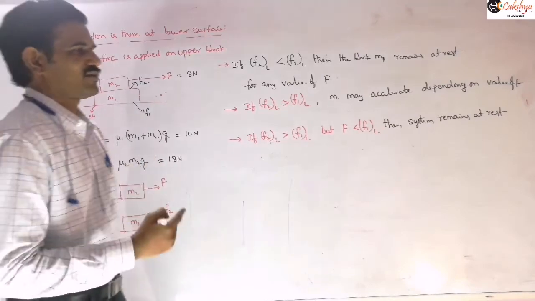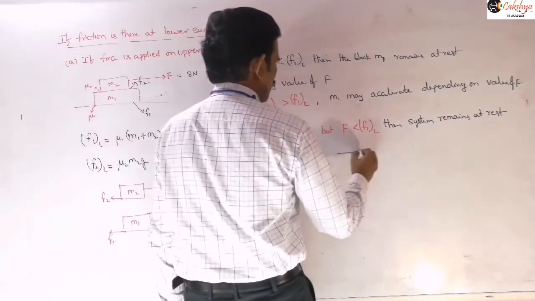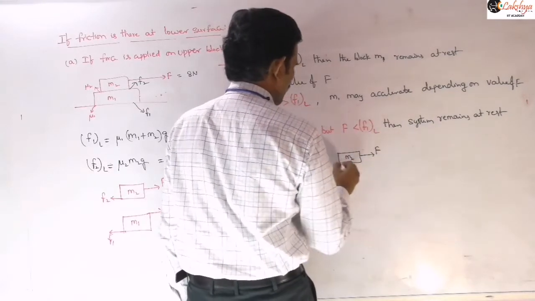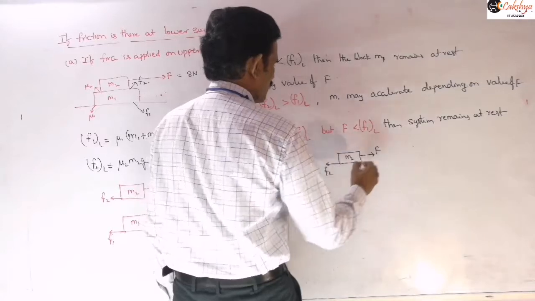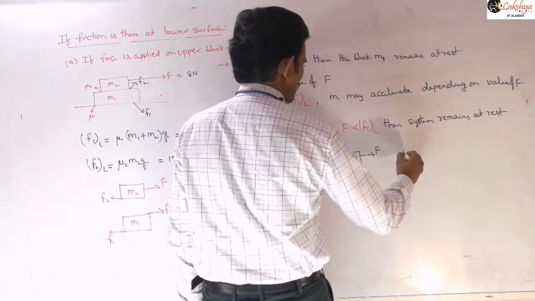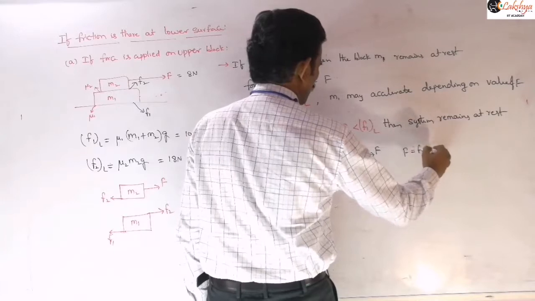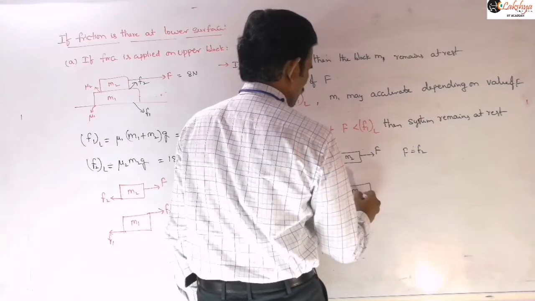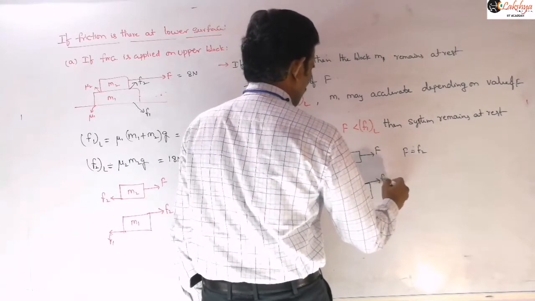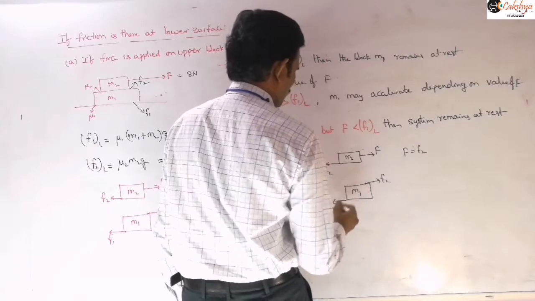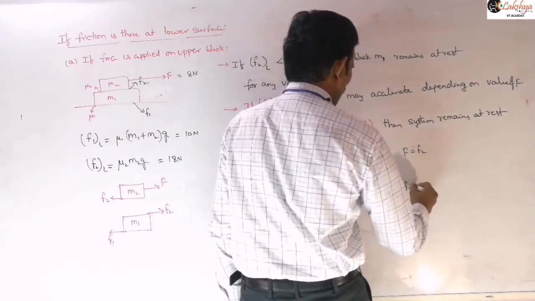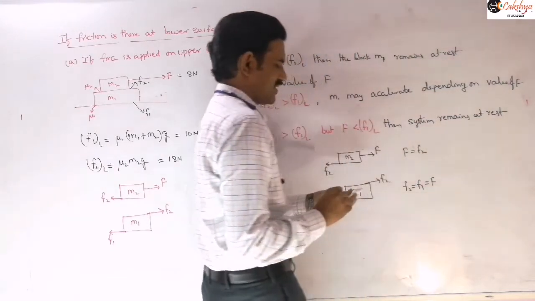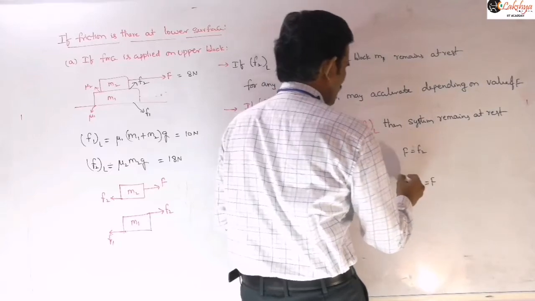And now let us see the frictional forces in this case. The frictional forces in this case means then this value will be, say, M2, F is applied here. So this is F2 here. And so what we can write is F is equal to F2. And now for this M1, this F2 will act here and F1 will act here. So this F2 is equal to F1 we can write, which is equal to F.